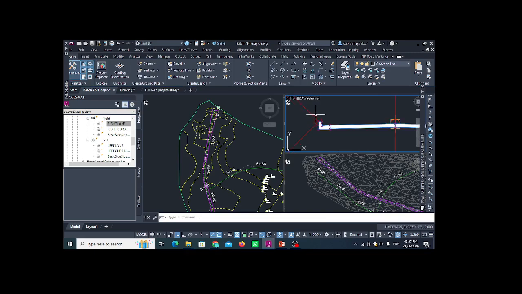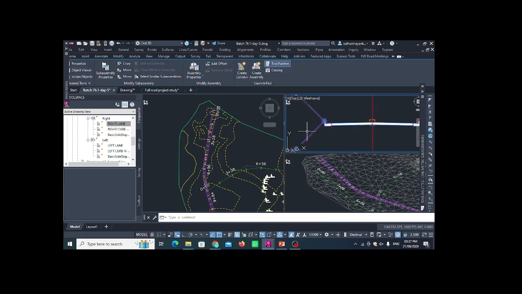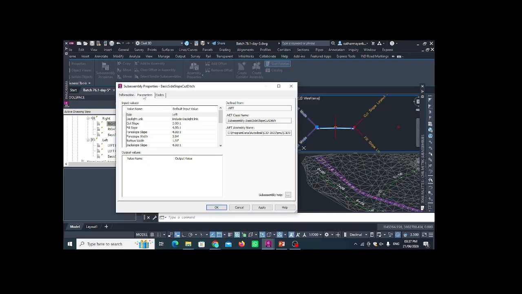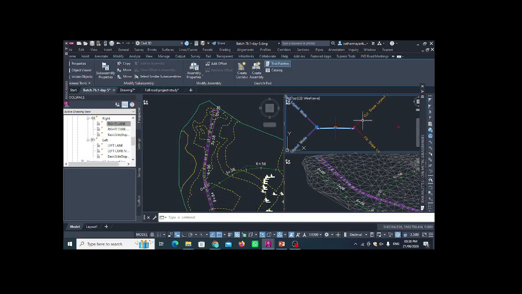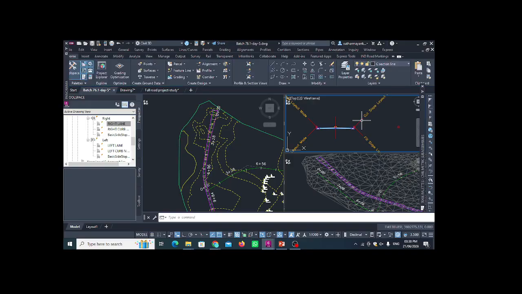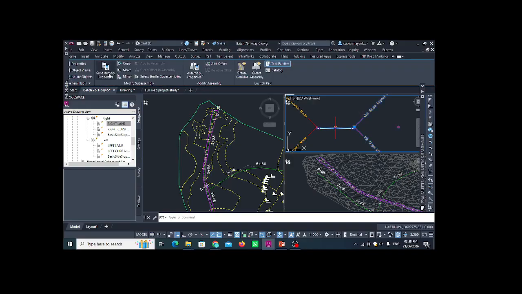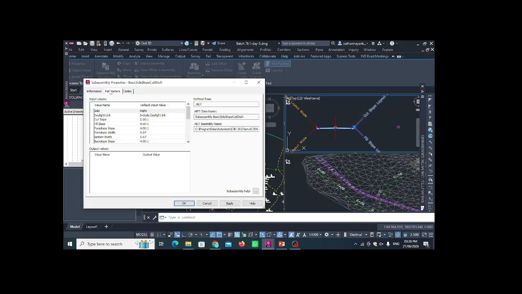Now into this, if I want to edit this, I have to go into the sub assembly property. I go into the sub-assembly property. In parameter, you can see the left side is there. It means my day light is into the left side. So this left side is okay. Now if I want to see this one, the right one, I see from the sub-assembly property,